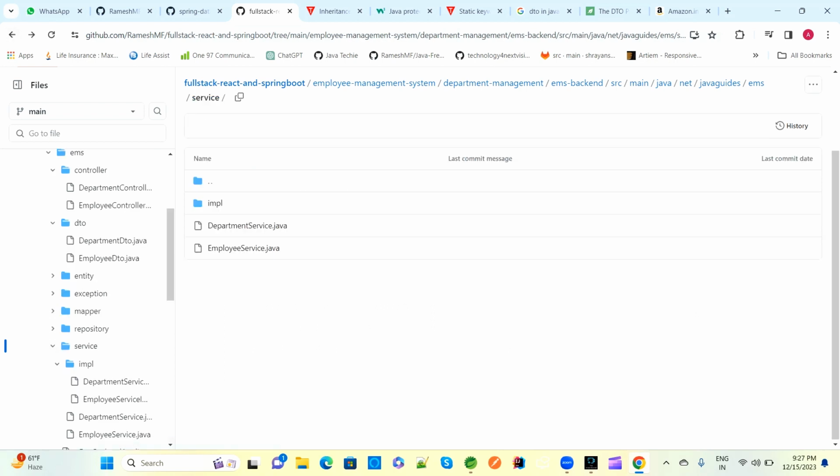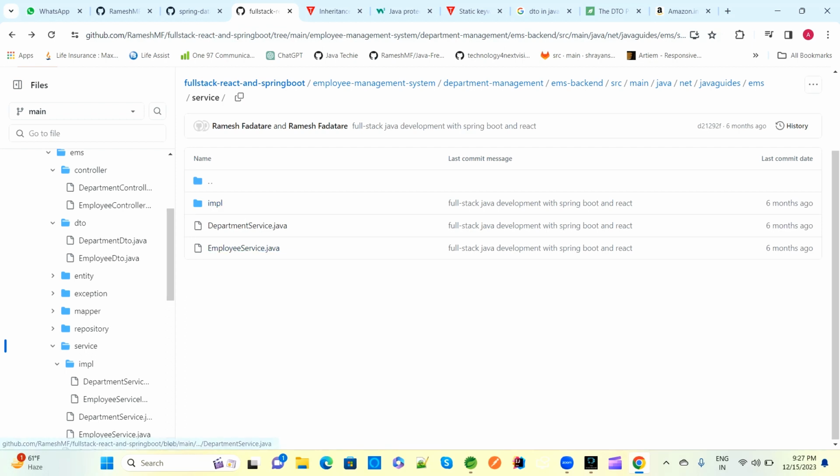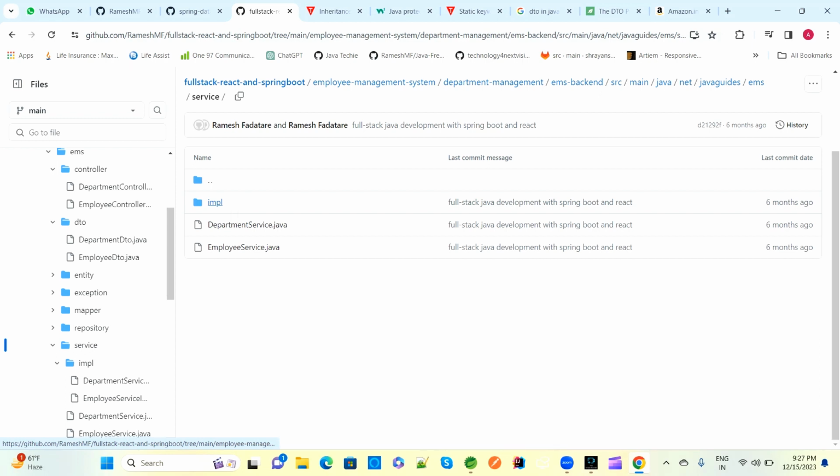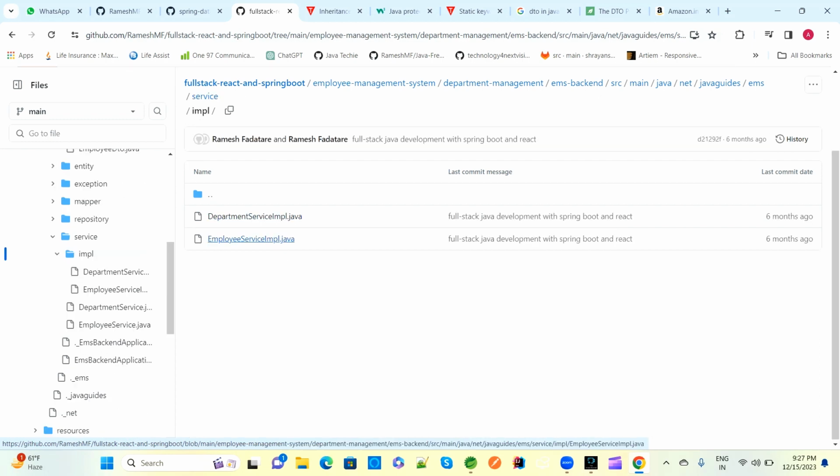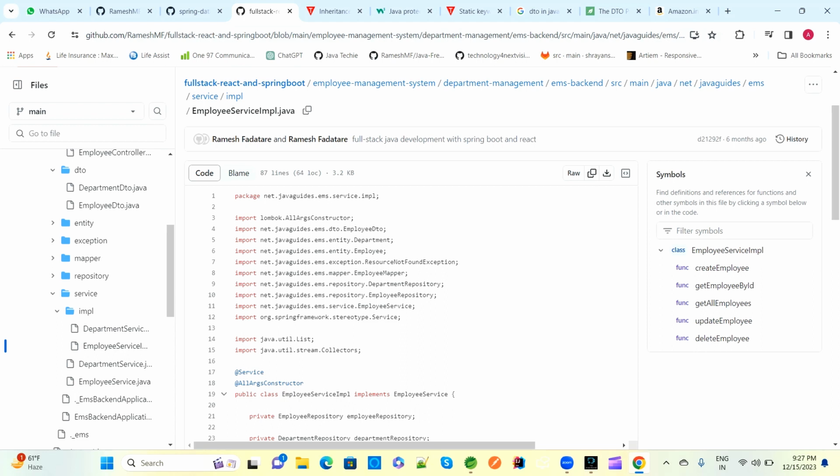So where do we provide the implementation? In impl. In the service package we created all the interfaces for the services: EmployeeService.java, and DepartmentService.java, which has the department interface, right? For those we need to provide the implementation, so we created the impl folder, meaning the implementation folder. This is the folder structure where we are packaging all the implementations of the employee class, department class and whatever else will be there. So if you go here, see, this is the implementation class packaging. Inside that